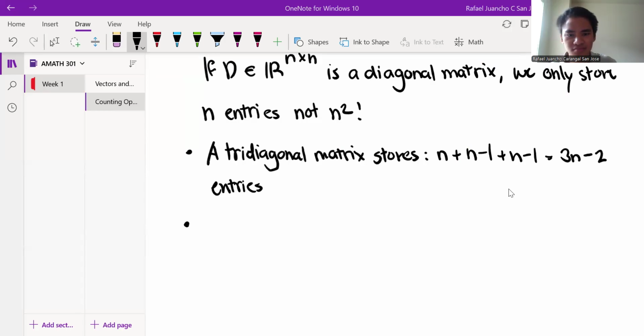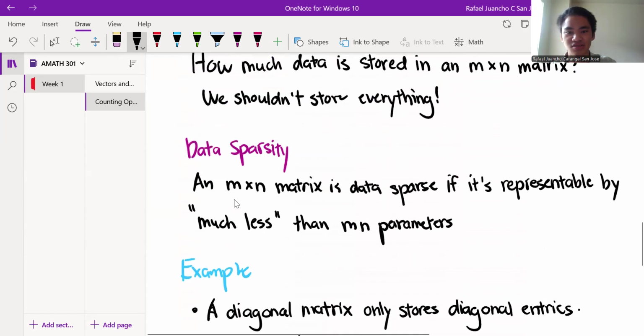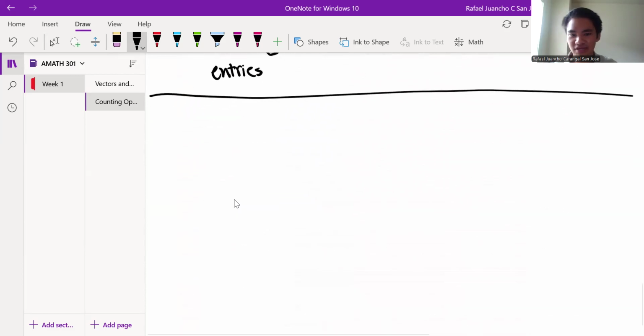And lastly, now we have low rank matrices, but we're not going to talk about that right now. I'm going to look at that later in one of my exercises. Okay, so that's the idea: the number of entries that we can store in each type of matrix. And so here we're slowly getting into